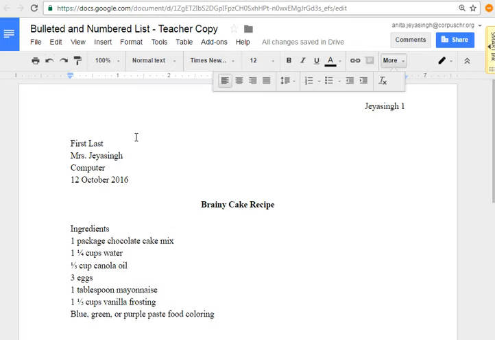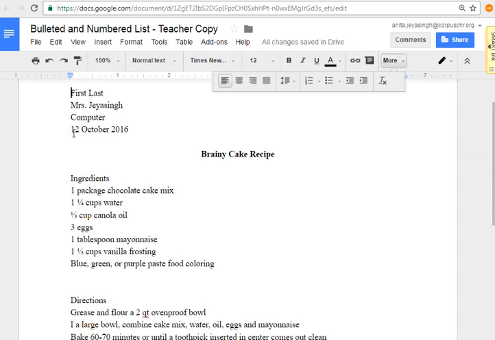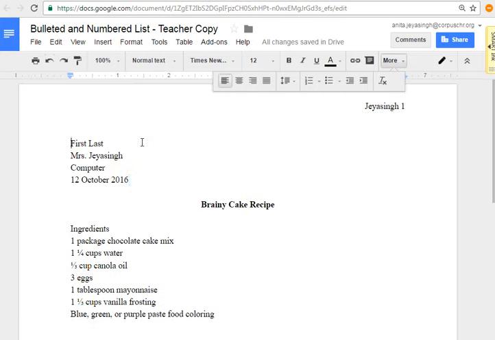J. Singh has. So you will type your MLA heading, which is going to be your first and last name, your teacher's name, and then the subject, and the date in this format. The day has to be first, no punctuation, then month and year. Then you'll press enter 2 times, and then center a line and click on bold and type the name